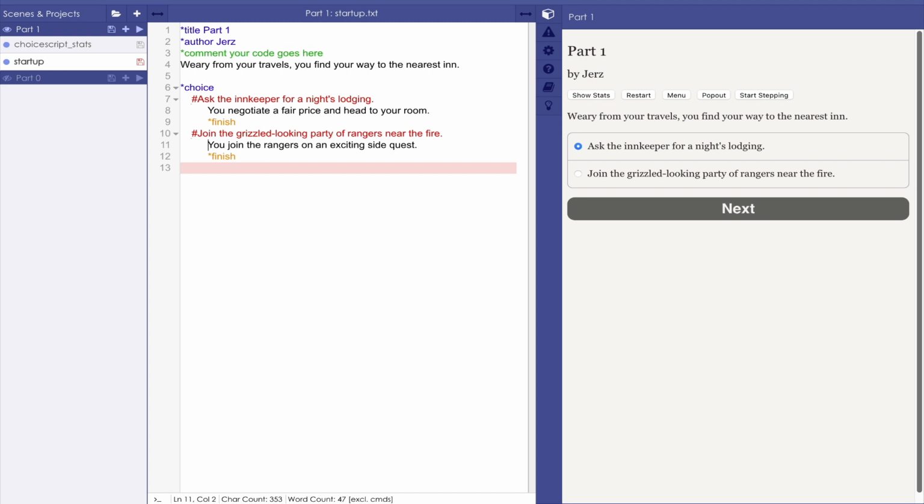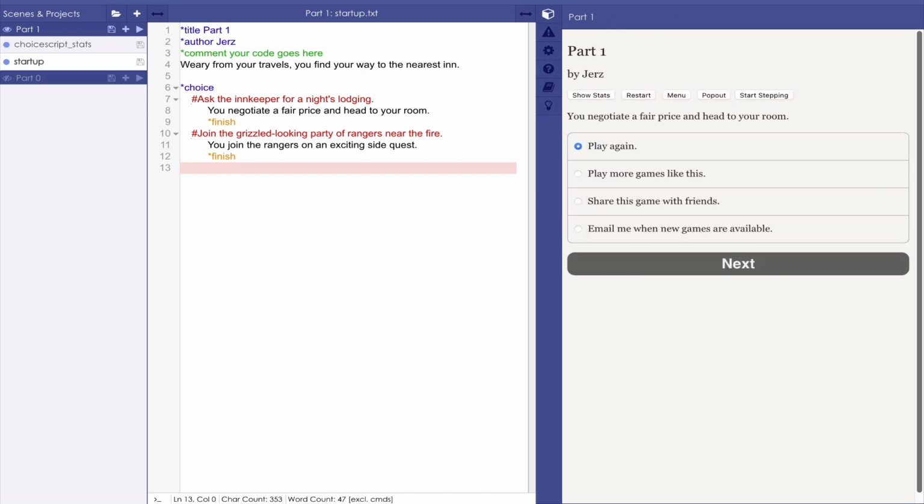So again, this looks like it will work. When I save and push play again, now when I ask the innkeeper for a night's lodging, I at least get a message of what happens after I made my choice. The game ends so quickly after that message is displayed that it's even less effective than it could be. But let's turn a visit to an inn instead of a one-shot deal that ends the game depending on which choice you make, into a repeating loop. And we'll do that by adding a